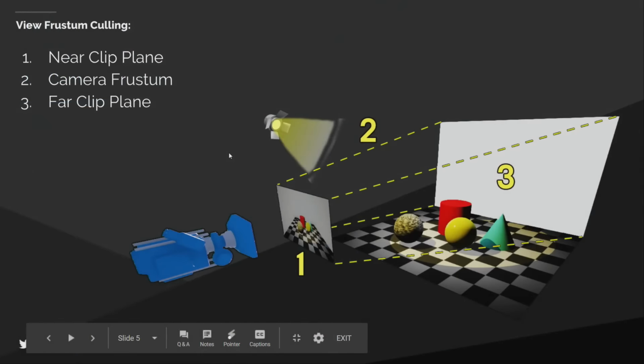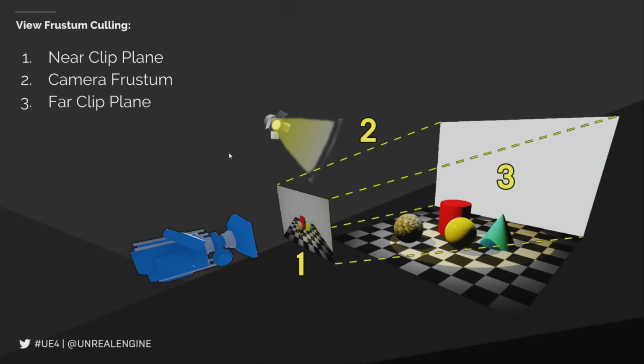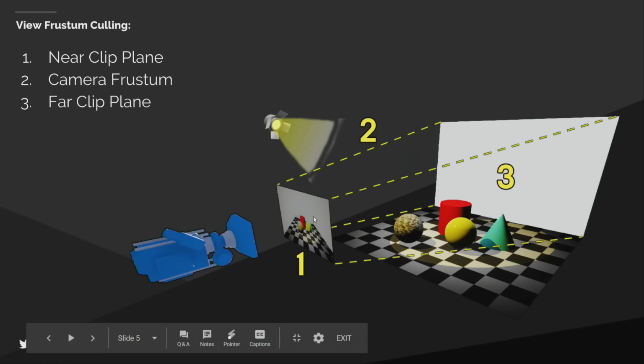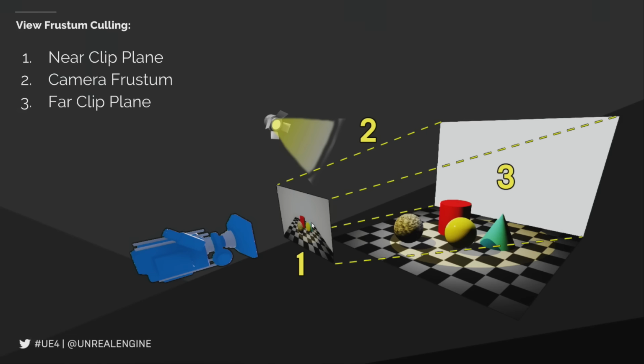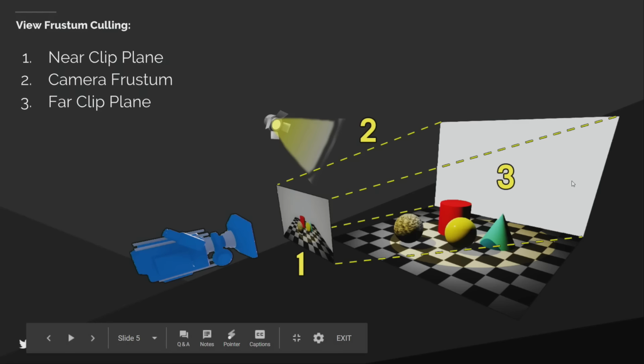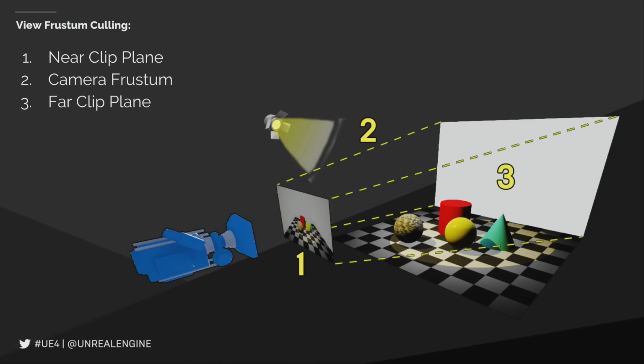Okay. So with this one, this is the ViewFrustum I was talking about, and this is an image I jacked from the documentation I've written on it. So essentially, what we have here is the camera. We care about the near clip plane, which is how close you can get to objects before or where they start rendering at. So you can kind of see the little image in here is our final image that we make up for the scene. Then we have the camera field of view, or the camera frustum, and that's everything that's in our scene. And then we have the far clip plane, which we actually use scene depth for, so that way we can see off into very far distances,